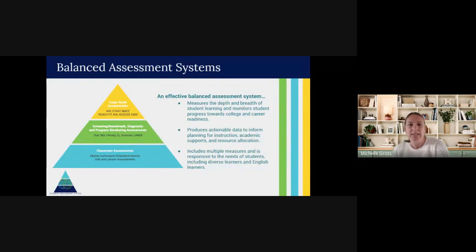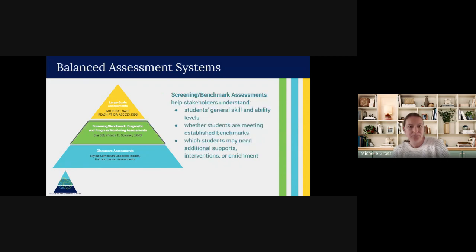Making sure we're measuring the depth and breadth of student learning, monitoring their progress towards career and college readiness, producing actionable data to help you plan your instruction, but also making sure you're including multiple measures of response to the needs of students, making sure you're getting a lot of different data points.